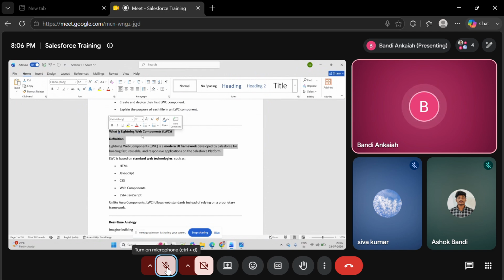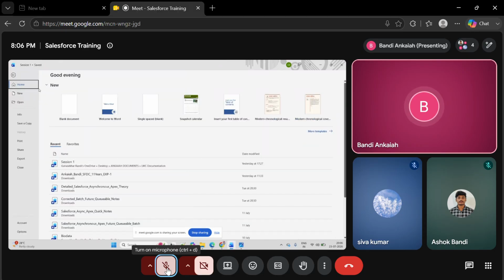So this is the latest UI framework which follows the web standards like HTML, JavaScript, CSS, and ES6 plus JavaScript. Okay. So these all belong to the latest web technologies. Okay. HTML, JavaScript, CSS. So the background here is why Salesforce introduced